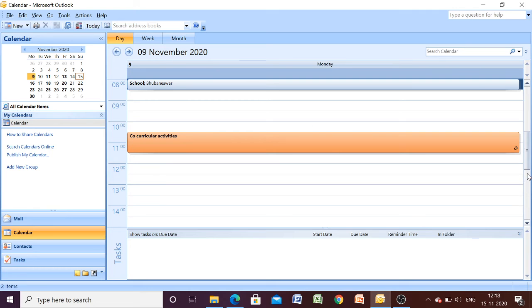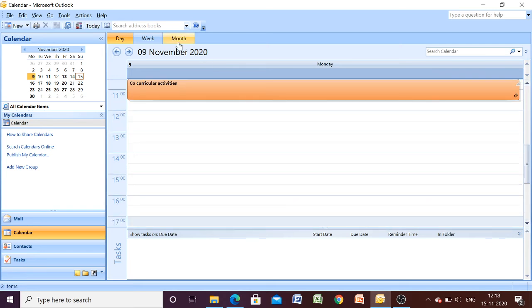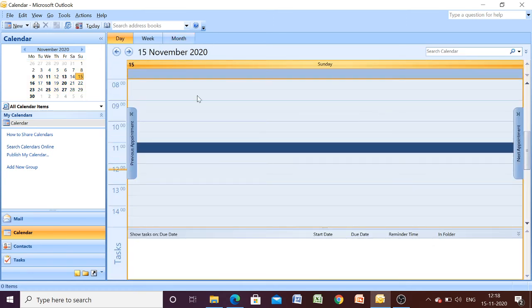Okay, on 15th we have selected. Here you can see, if I double click on it, it will be here. This one is the journal entry which we have created.